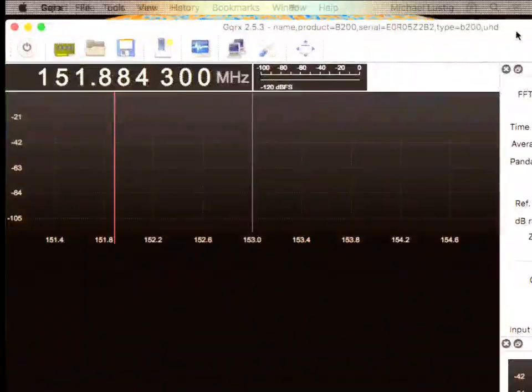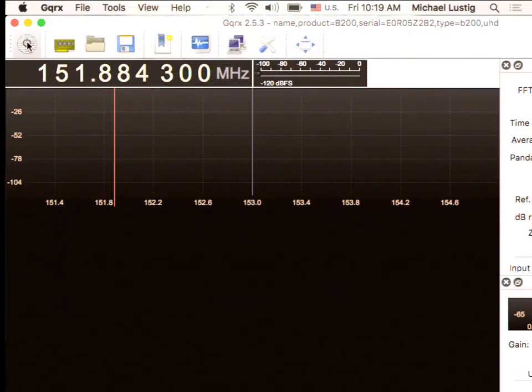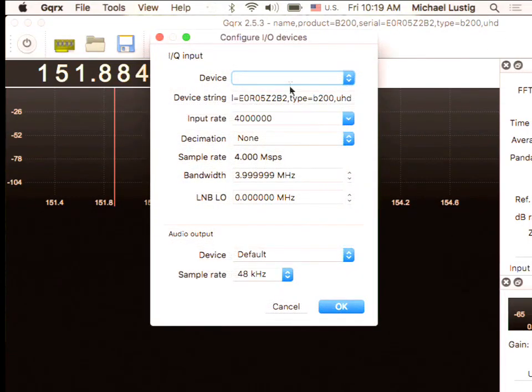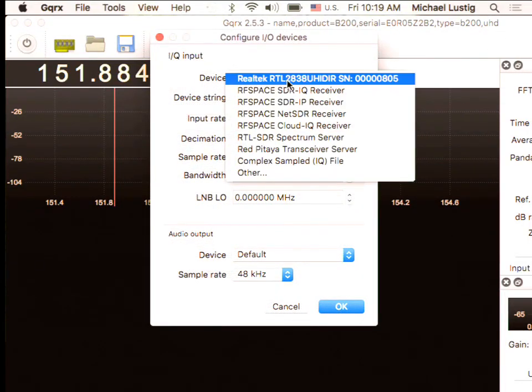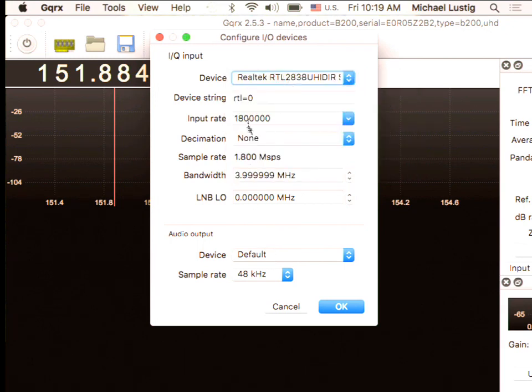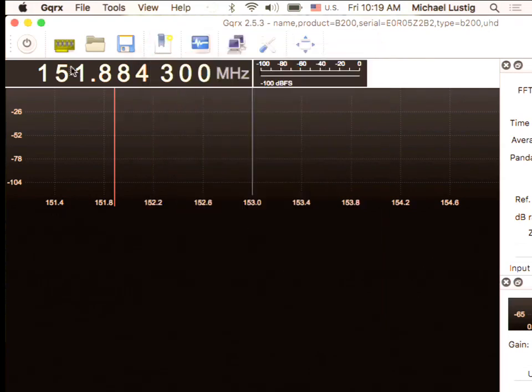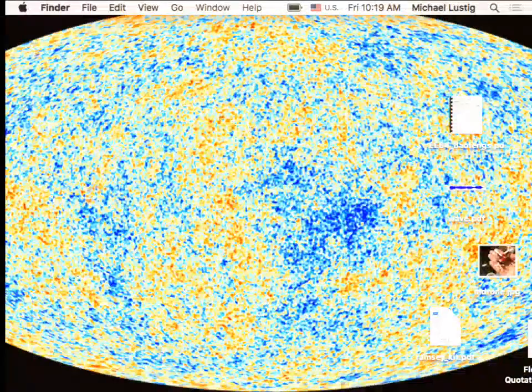Again, I set up this SDR, but it's not working. Of course, it's a demo. Realtek, great. We're going to sample now at 1.8 megahertz.